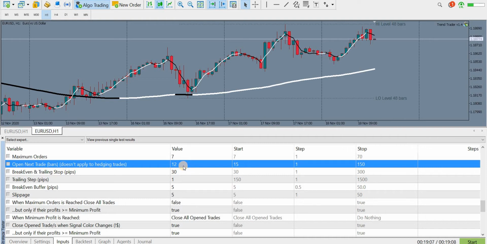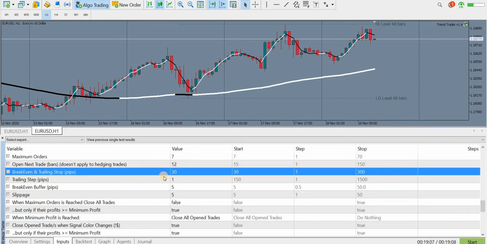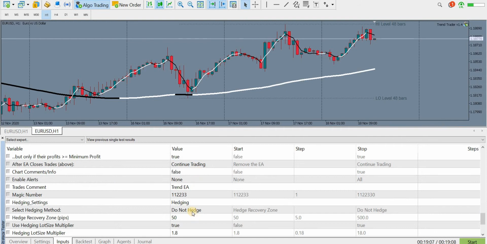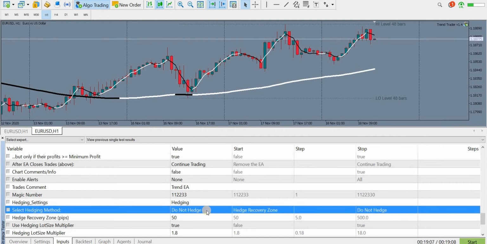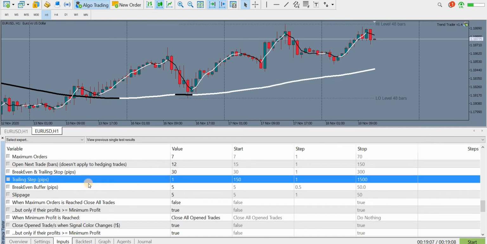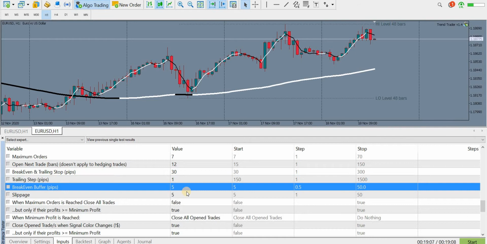So basically I want 2 trades per day, no more, or 2 trades within the last 24 hours, better said. The break-even is set to 30. I want to trail the price because I will not be using hedging in this example. So if I'm not hedging, I'll rather trail the price to make sure I'm slowly accumulating the profit. The break-even buffer will be 5,